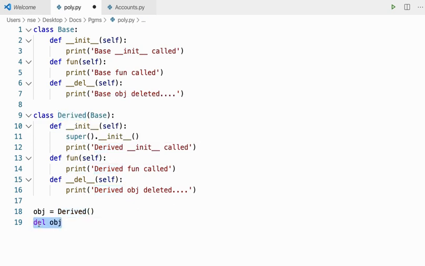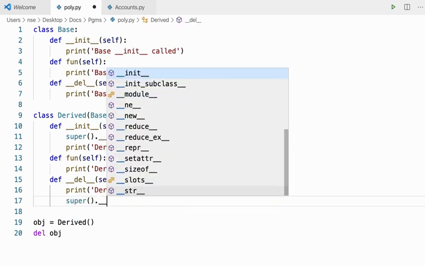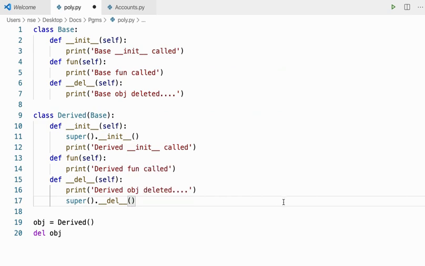When I say derived delete, it deletes the derived class object first, and then it should delete the base class object next. That is the procedure, right? So let me say super dot del method, right? So this should happen, that we are making the procedure call for the constructor and the destructor, or else I can say init method and the del method, right?